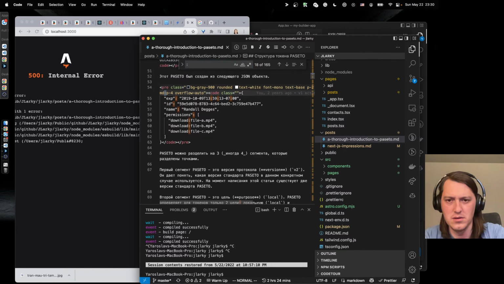Okay, so let's make it full page again. Refresh, and now the text is in the center as well. Yeah, this is a bit confusing, but I think we will get there.